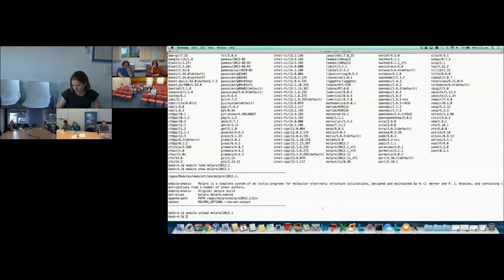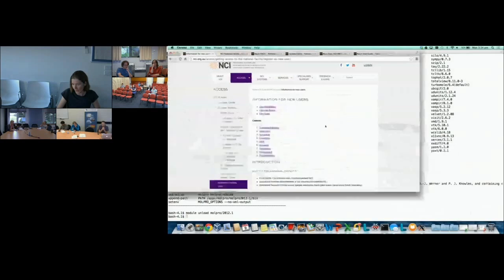That's quite simple. You can also, if you need a software, for example, say you're using Python and you need a particular library, it's not available here. You can do either of two things. One is request it as extra software, and the other one, if you think it can be useful to lots of people, or you can install it in your own user space, in your own home. And to do that, you can find information.